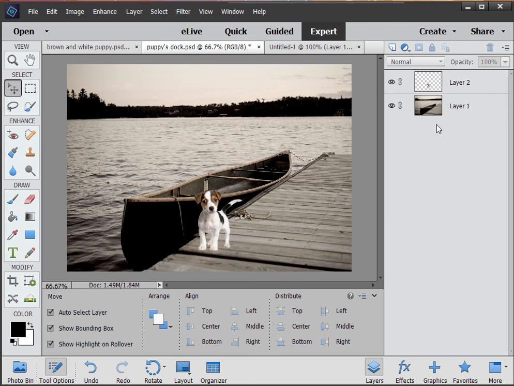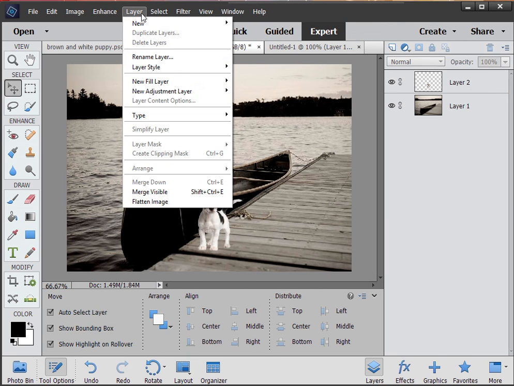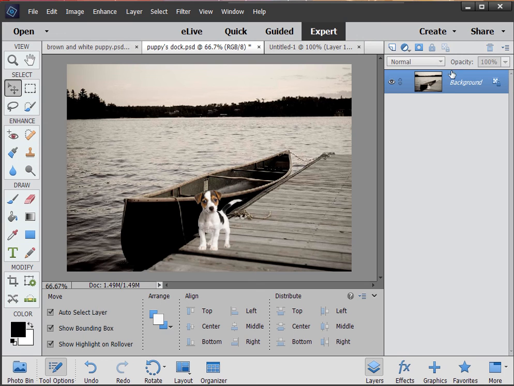We can put these two pictures together now by going to Layer and flattening the image. Now we have one image, the puppy is stuck, and